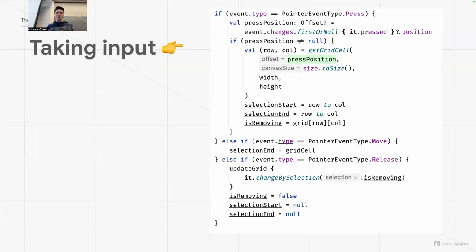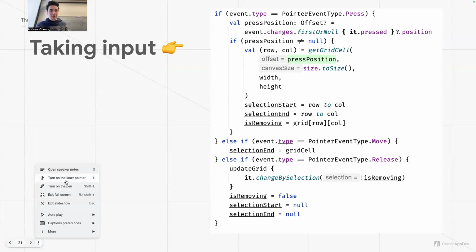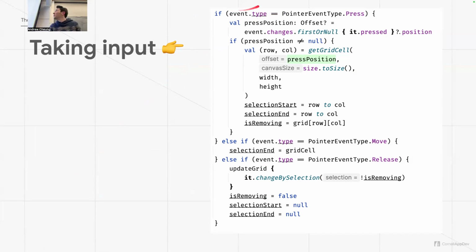So basically when you use modifier.pointerInput, you're going to receive this event. Let me see if I can do a laser pointer. Okay, so you're going to receive this event, and there are different types of events based on what happens to the pointer. There's a press event, move, and release. I'm pretty sure there are more of them, but those are the three that I'm going to use for this